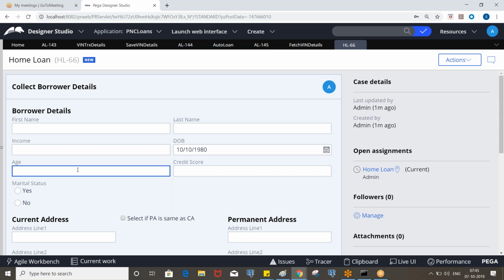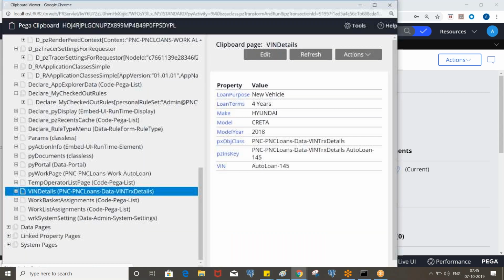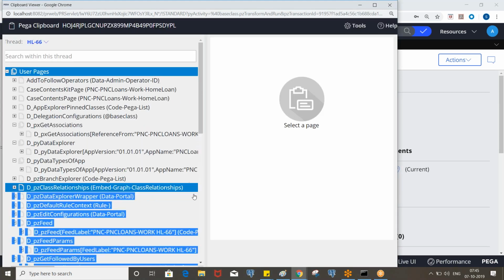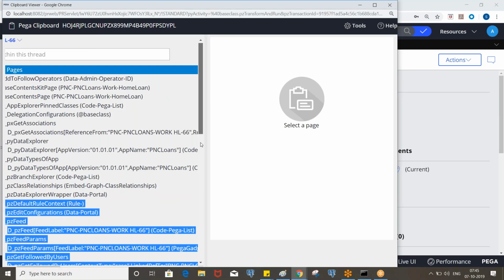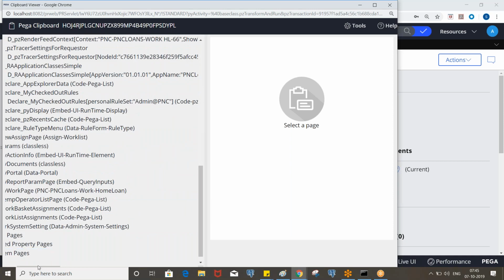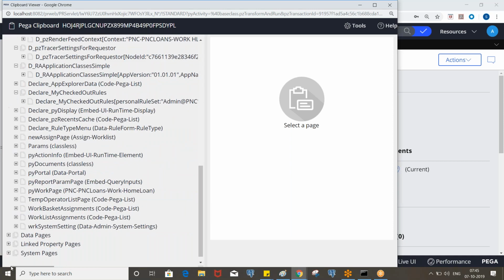So what rule can we choose for this? Yes, declare expression. But we need to use some function here. Okay, so we need to take the current date time, current date, and this date. If you go to the clipboard, we need to take the date difference.